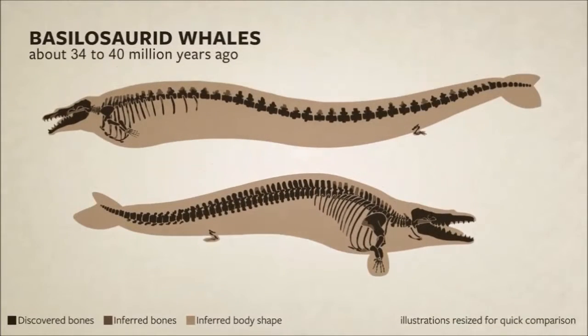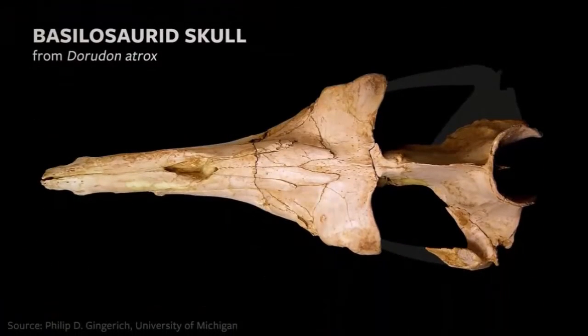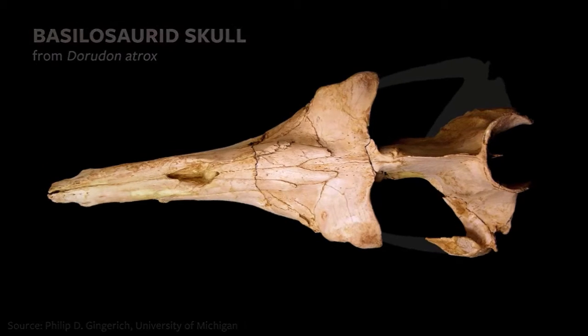These are 2 species of extinct basilosaurid whales. These animals are known for multiple well-preserved skeletons, and they appear to have lived side by side, roughly 34 to 40 million years ago. In this photograph, we're looking down at the top of a basilosaurid skull. This is not a model or a cast, these are the actual bones which were pulled from the ground.